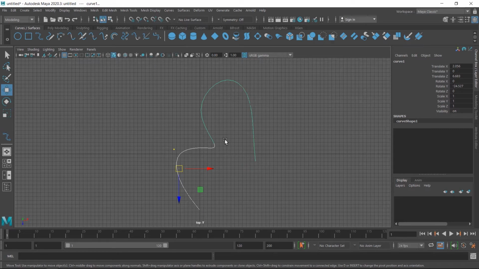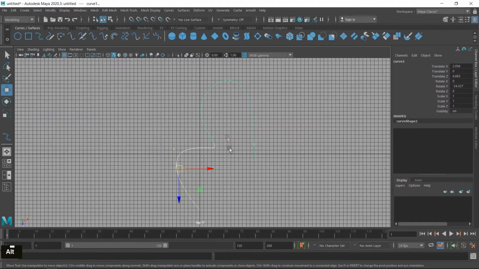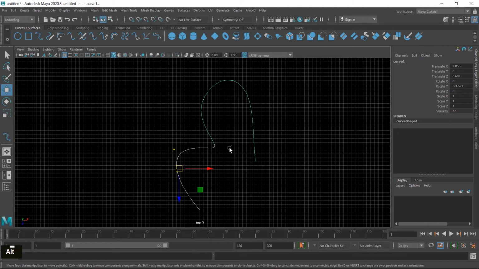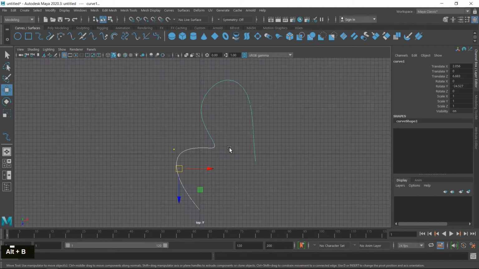After enabling or disabling this grid, if you are still facing a display problem, you can change the background color. Total 4 types of color are available here. By pressing the Alt B key you can toggle from one color to another color. So if I press Alt B, it's the second color, it's white, third color, fourth color, and if I press Alt B again, the default color is available here. So these are total 4 colors and you can change according to your requirement.